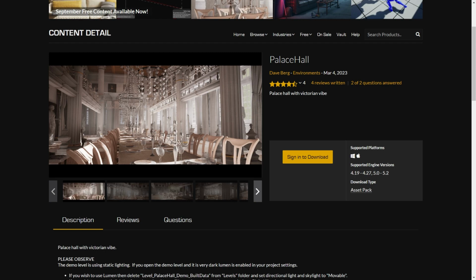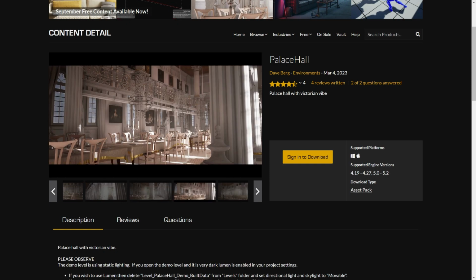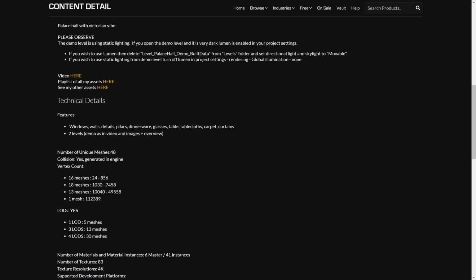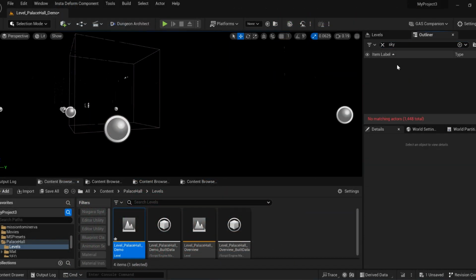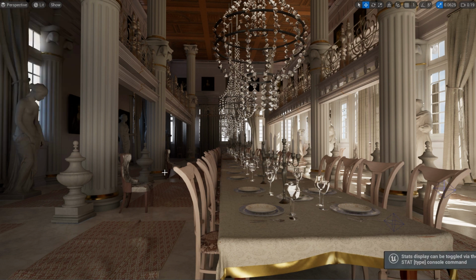Hello again. Today we'll be looking at the Palace Hall, which is currently free for the month of September 2023. Normally it goes for around $30 and has a folder size of 1.84 gigabytes. Going to the demonstration level, we can see it's not meant for real-time lighting. So after deleting some of it and adding a dynamic sky actor to light the scene,